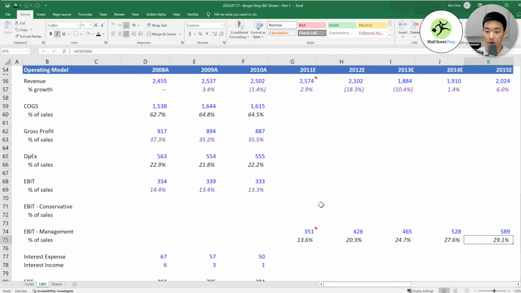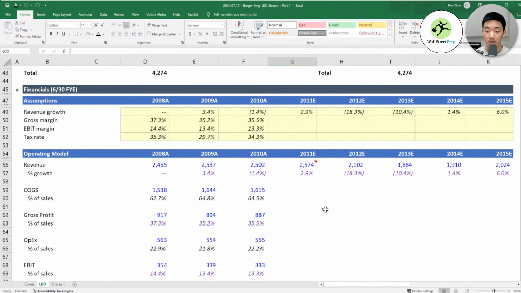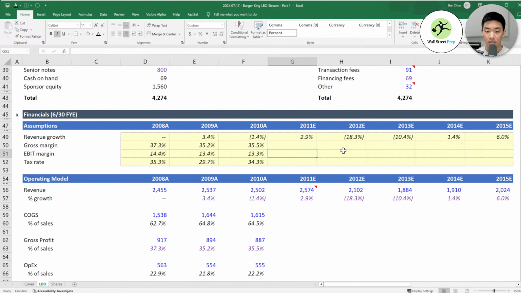And that's honestly pretty aggressive. So I want to have a more conservative case as well, to see, if we don't believe management, maybe we have our own case, and see what our IRR would be. So what we're going to do here is build out our own projections a little bit.